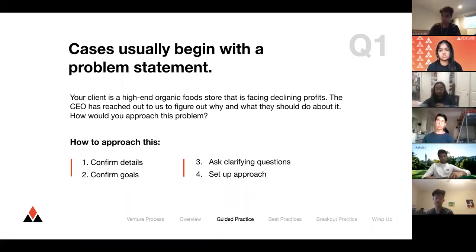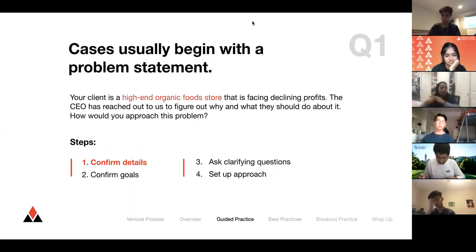The case here says this, right? Your client is a high-end organic food store that is facing declining profits. The CEO has reached out to us to figure out why and what they should do about it. How would you approach this problem? So the interviewer will present you with this, and there are now 4 things you should do. 1 is to confirm the details. Who is your client? Who are you working for? What is the business, what is their business? In this case, it's,